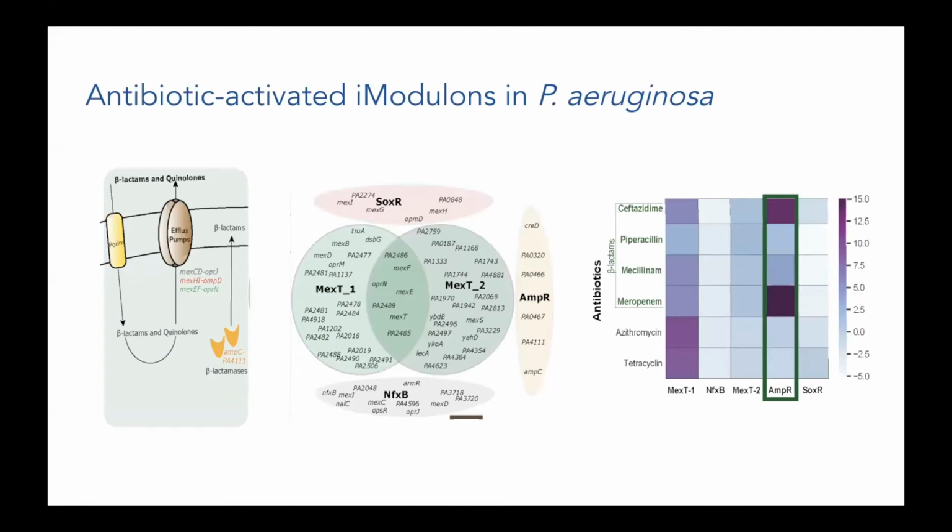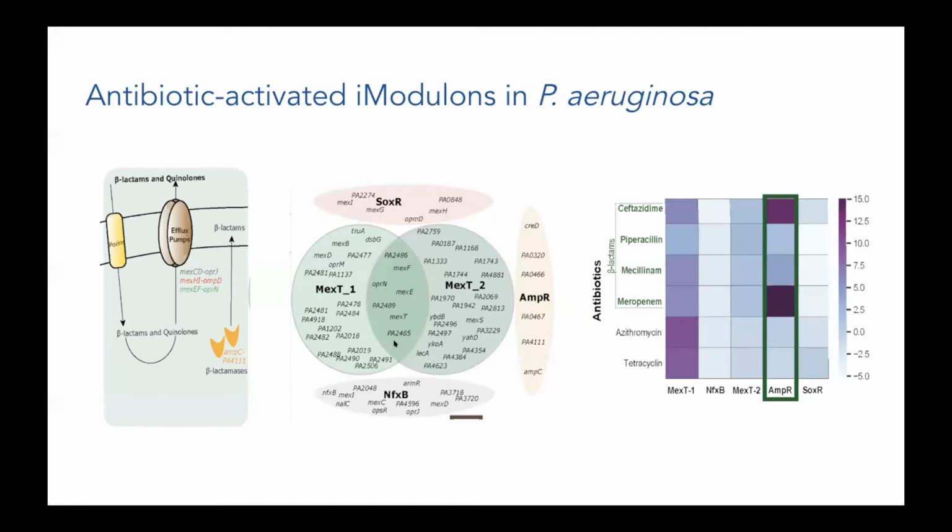So now I'm going to go into a few of the specific insights that we've gained for some of the infectious diseases using iModulons. Pseudomonas aeruginosa has quite a few ways of dealing with antibiotics. For example, it has 3 sets of efflux pumps, MEX-CD, MEX-HI, and MEX-EF. It also has beta-lactamases. These are all regulated by different transcription factors, and some of this is already known. For example, MEX-CD is regulated by NFXB, MEX-HI is regulated by the SOXR system, and MEX-EF is regulated by